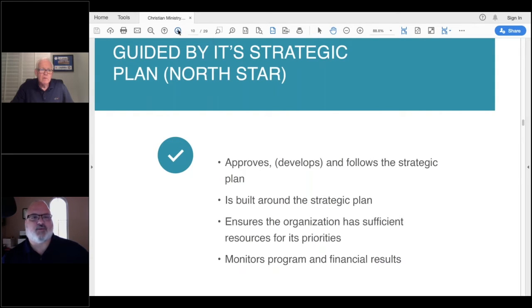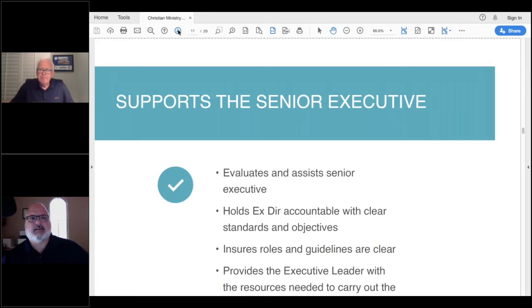Hey, Tom, can I interrupt you for one question here? Yeah. How often, because you brought up a really good point in terms of early on, a lot of boards need to be operational in scope as opposed to just pure governance. How often do you run across, for small organizations, where they're thinking they're a governance board, but they really need to be operational, and there's a conflict in terms of understanding that reality?